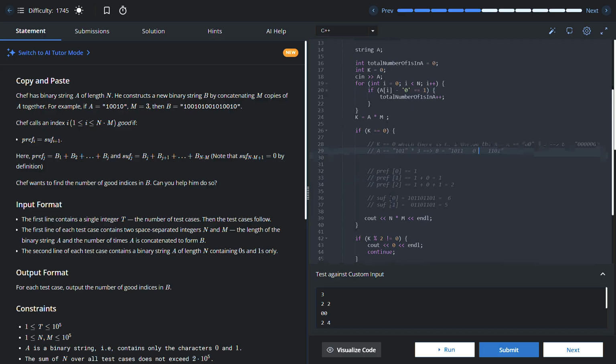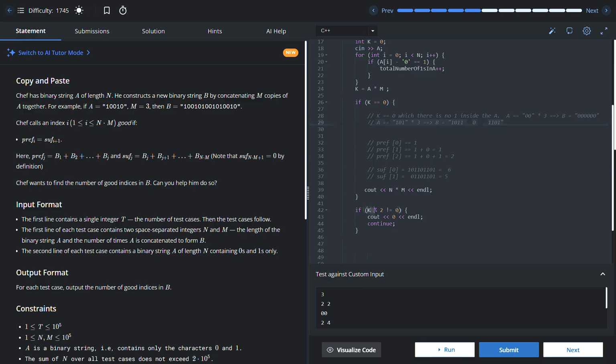And what does k mean? K is the sum of ones in B, right? And if the sum of ones is even, then we have to go next. And if the sum of ones in string A is odd, that means